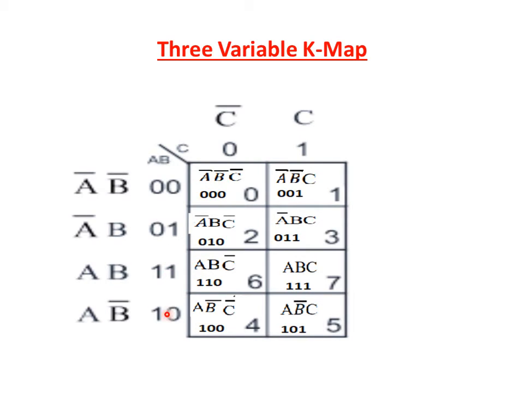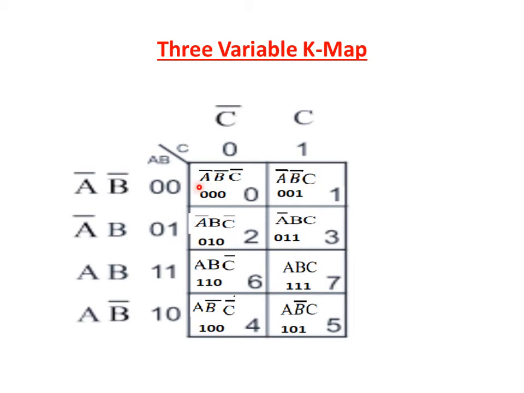This 1, 1 and 1, 0 combinations, that means it follows the gray code combination to get adjacency in each cell. So now here the first cell is 0, 1, 2, 3, 6, 7, 4, 5. So first cell is written as 0, 0, 0. The equivalent variable is A bar, B bar, C bar.